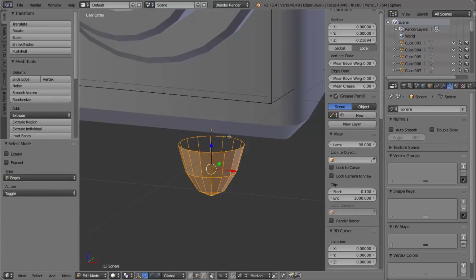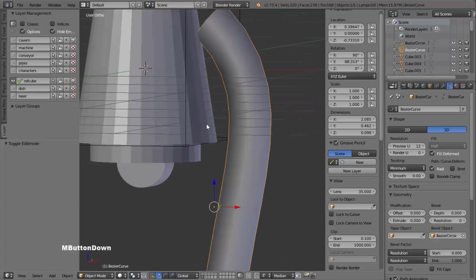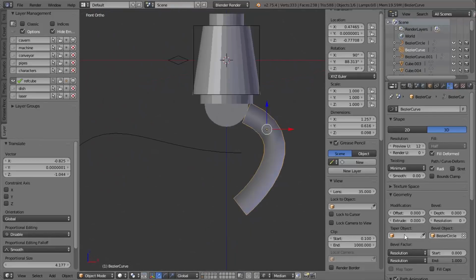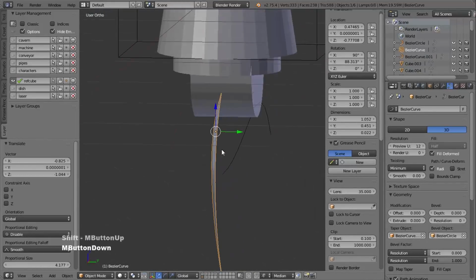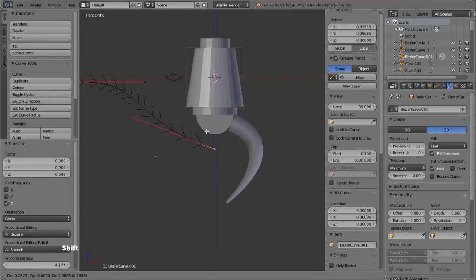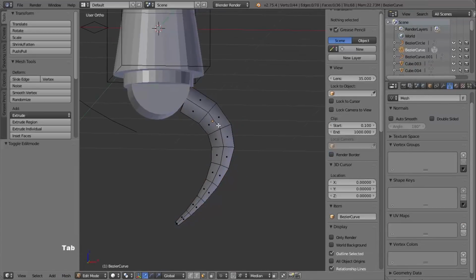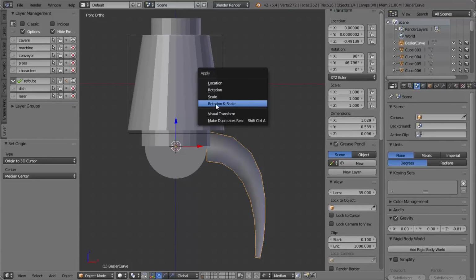The next attachment will be the laser gun, and here we'll briefly go over pressing F to fill a face. Then the last attachment will be the claw. For this we'll model with curves using a bevel object and a taper object to get the desired profile and overall shape to it. In some of the tools we can hold shift for more precise controls as we move our mouse. Then we'll convert the curve into a mesh, and we'll use the shortcut Control A to apply rotation